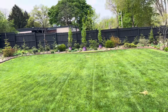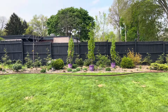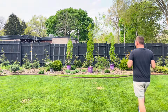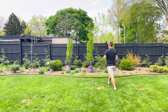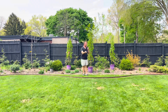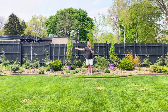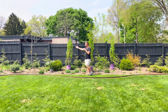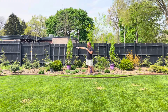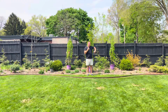Now, this is an interesting area. We have a very large swoop that comes out, and because it is so large, I didn't want exactly one focal point. As you know, we have the columnar Norway spruce, we have the Oriental Skylands Oriental spruce over there, and then I wanted to put some smaller trees, shrubs off in the area where it swoops back in on each side,